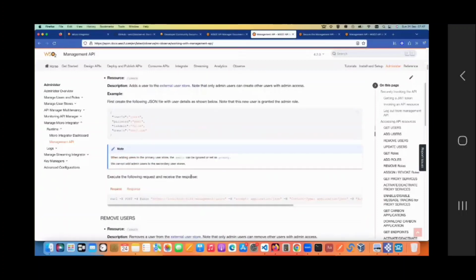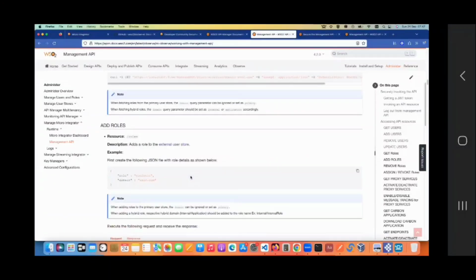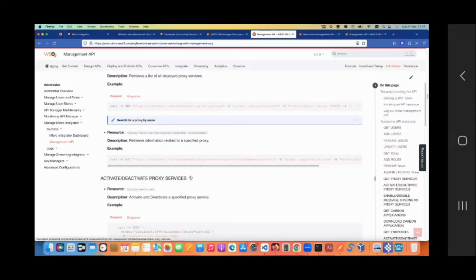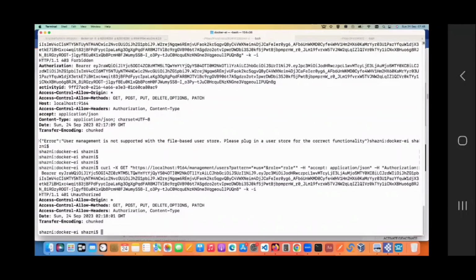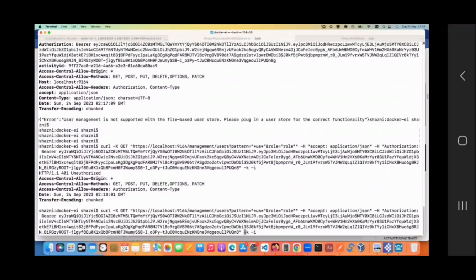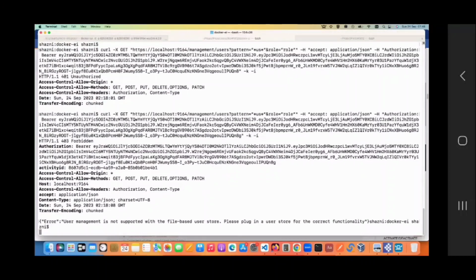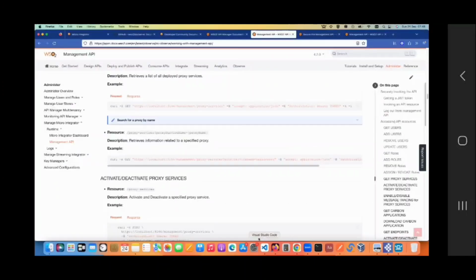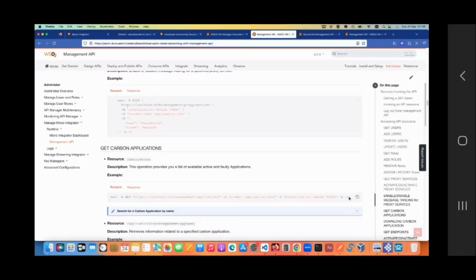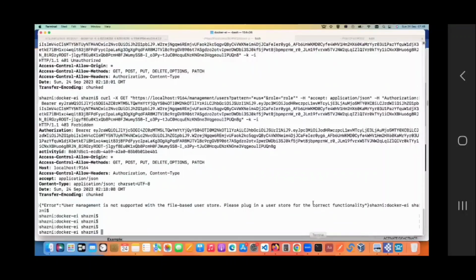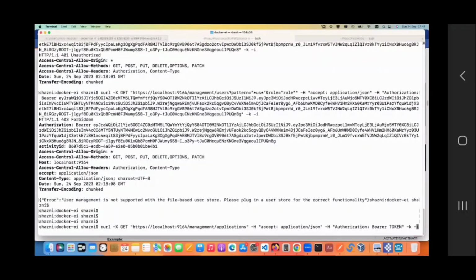So let's go and maybe try to call. However, if I made one small mistake here, of course you will get a 401 unauthorized. So at least that works fine, so we know that it gets authenticated. So let's try to see the carbon applications. Let's try to get all the carbon applications. So I'm gonna do this, and then the token we need to copy